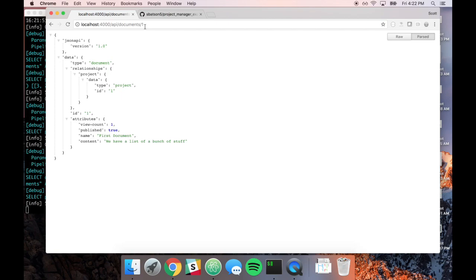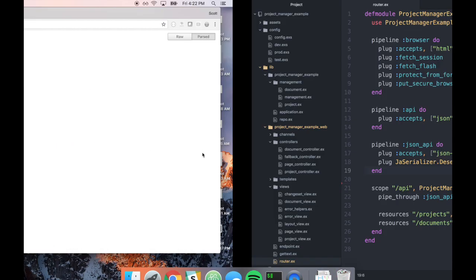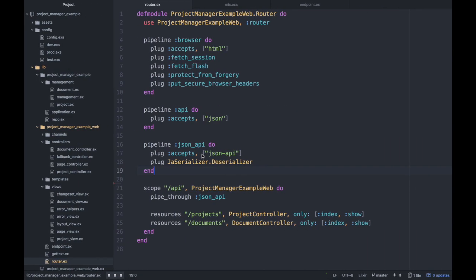But now I want to get into actually filtering these out and querying them. So for instance, I want to get all the documents for a particular project. I only want to get the documents that are published. How can we write queries for that? We're going to do that pretty simply, and we're going to start by just looking at our